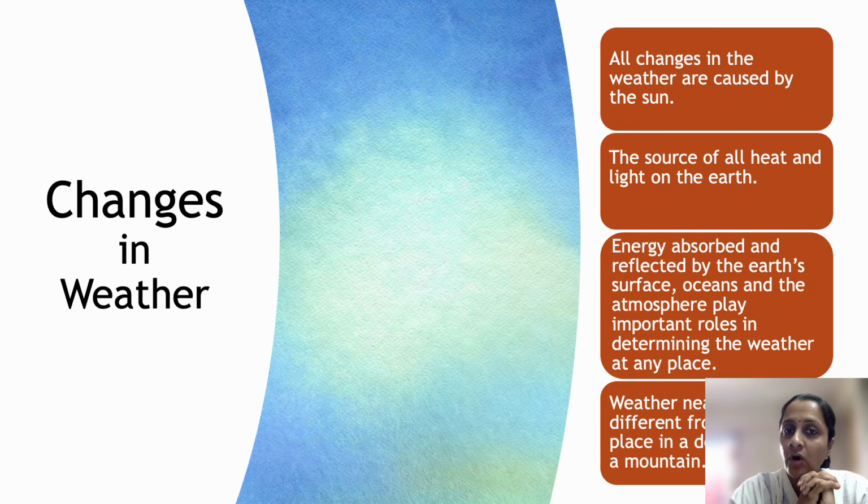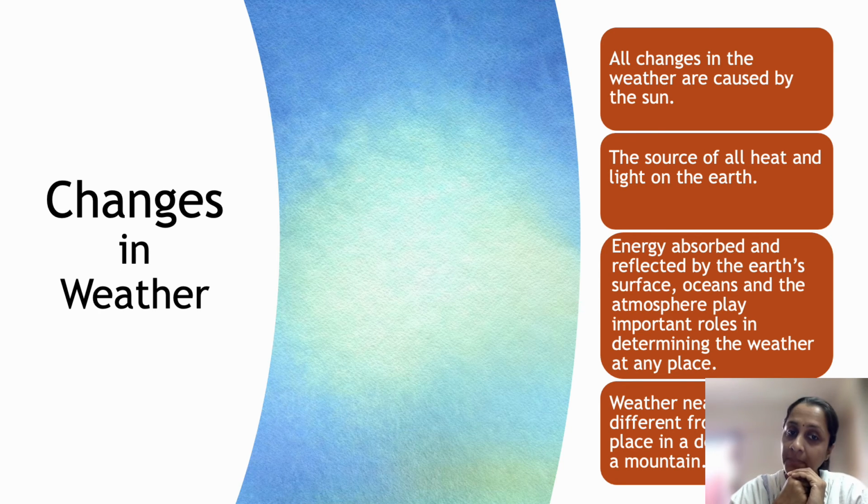The source of all heat and light on the earth is the sun. The sun gives us a lot of heat and light energy which is absorbed by the earth. It is also reflected. So some part is absorbed and some is reflected back into space. So this reflection and absorption on the earth's surface, through the ocean and atmosphere, plays an important role in determining the weather